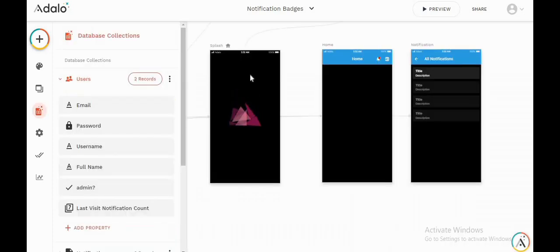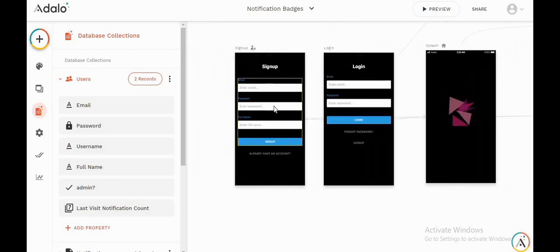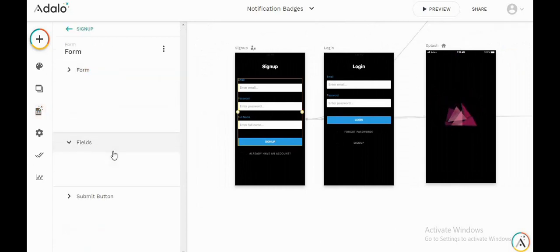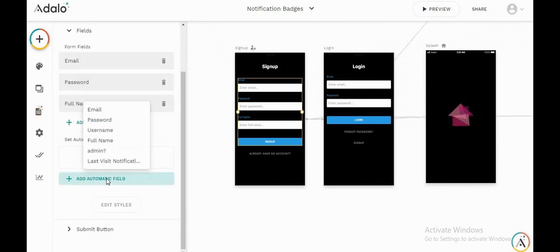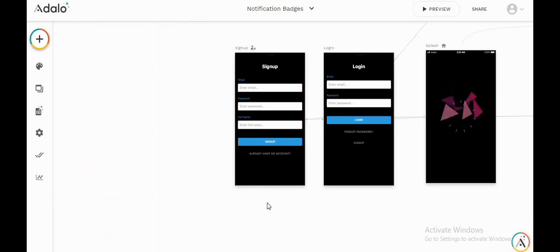Also, one more thing you have to do is go to the sign up screen, okay, and when the user signs up here, you have to add an automatic field. So let's go to fields, and here we'll add an automatic field called last visit notification count and set this field to 0. So yes, now we are done with creating the notification badge functionality into our app.